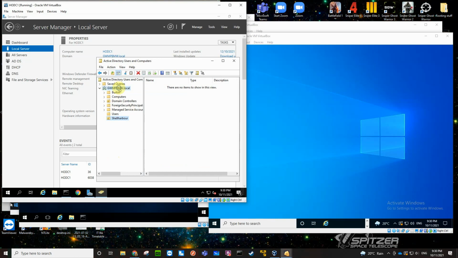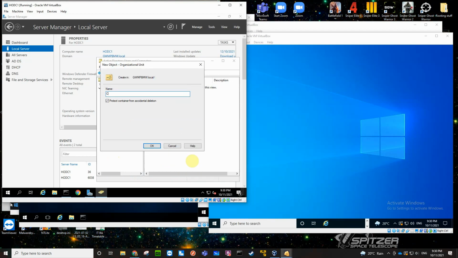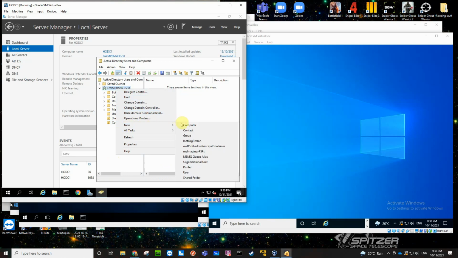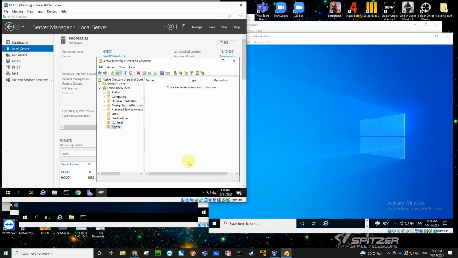And I'm going to create another one for Corrimal. New organisational unit. And another one for Victory. Okay, so they were the three